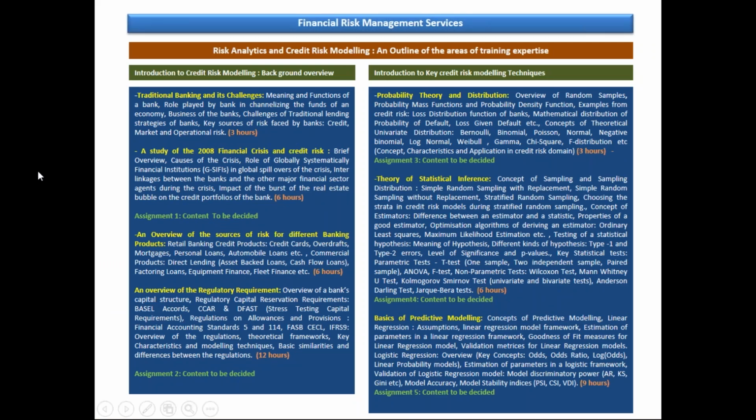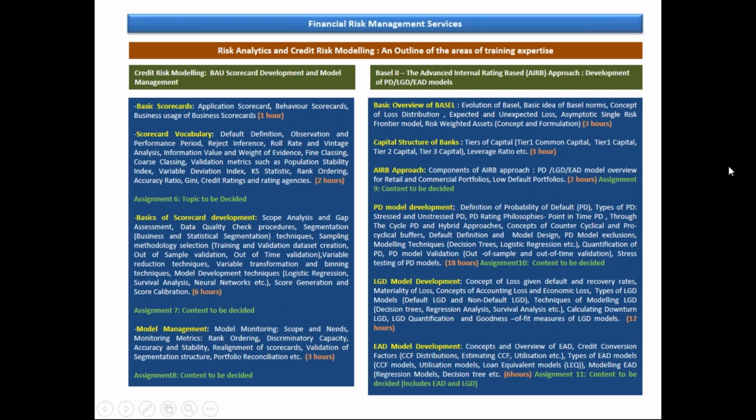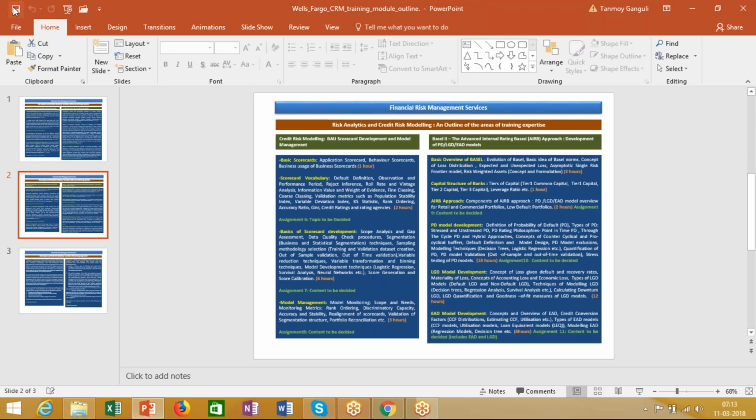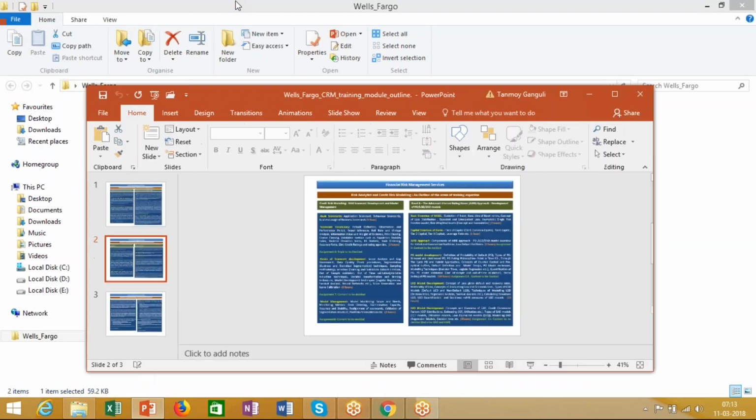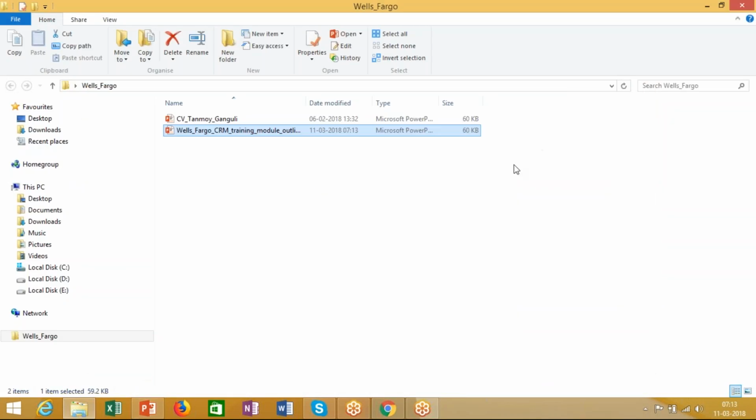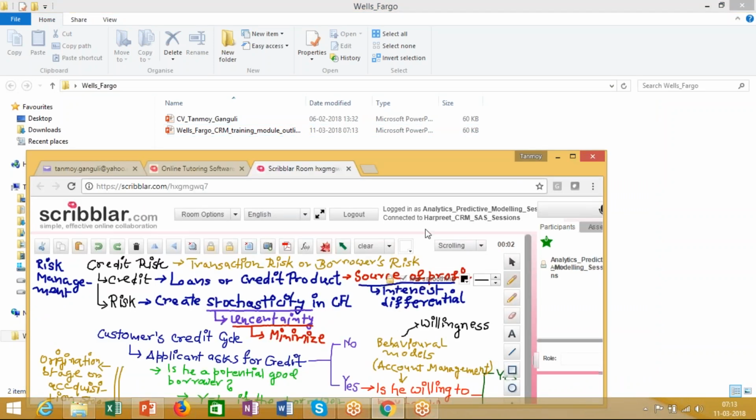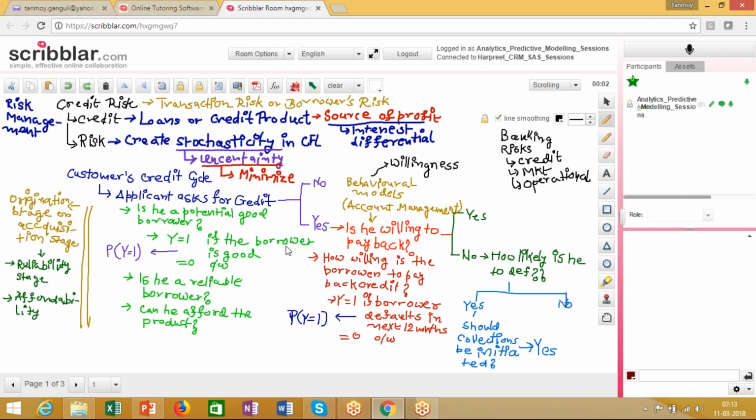So over here, we start off with these basic portions first. Then we go into the statistical portions, and then we talk about risk scorecarding, Basel, and the other core modeling areas. So this is where the syllabus is just a little different from the DexLab CRM syllabus. But as far as content is concerned, it covers each and every topic that I covered during those regular sessions as well. Now, having said that,